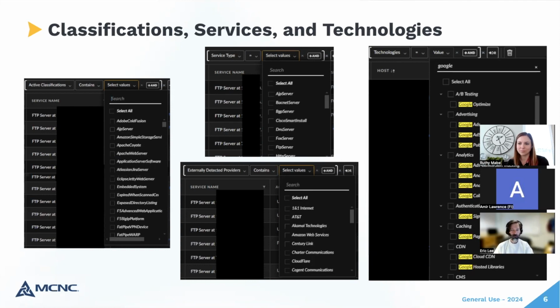So it will identify things like FTP servers, HTTP, and a pretty wide array of those as well. Then finally, it also goes into things like externally detected providers. So it's able to detect services that are running on, whether it's AWS or Akamai, or pretty much any of the common ones. We would be able to search and filter on who's actually hosting that content, whether it's on